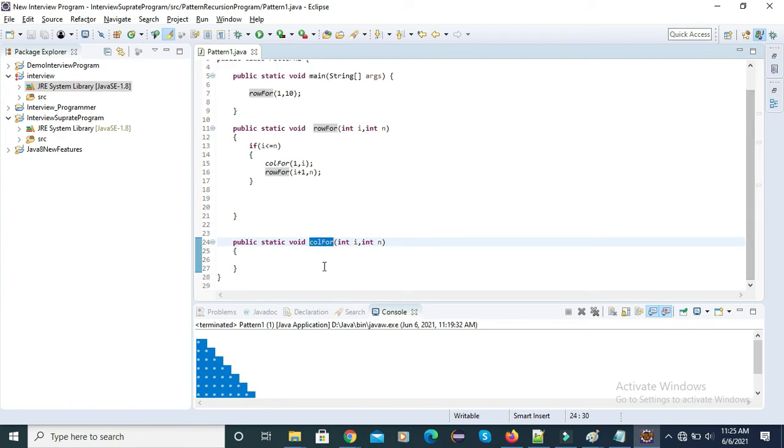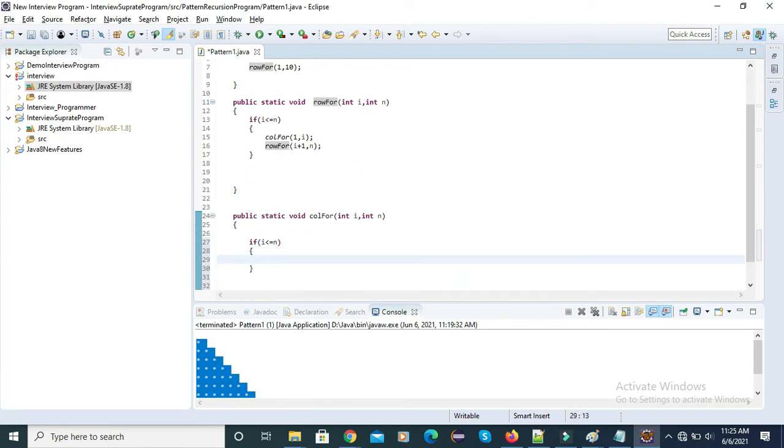Now we have to print the star inside the callFor method. Here we also declare the same thing: if the I value is less than or equal to n, only then this condition is satisfied, and if it is satisfied, then print a star.